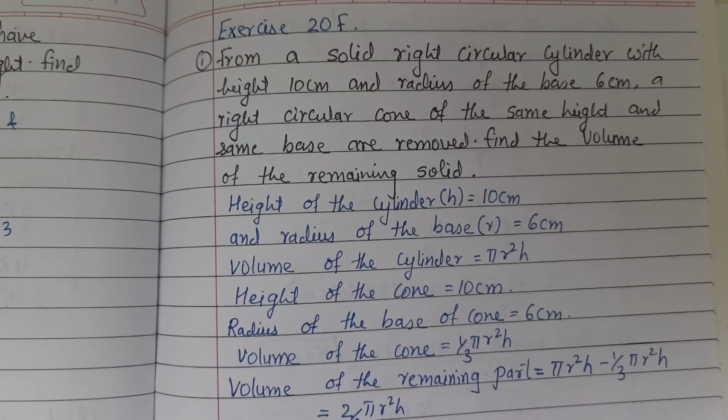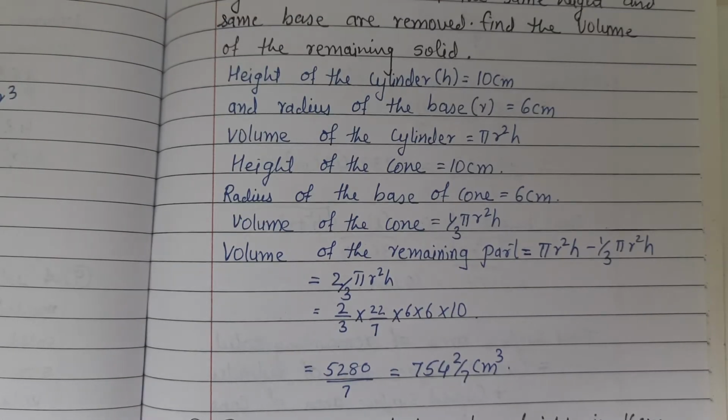Volume of the remaining part is volume of the cylinder minus volume of the cone. Pi r square h minus 1 upon 3 pi r square h. Since radius and height are same, this will be 1 minus 1 by 3 is 2 by 3 pi r square h. Substitute the value: 2 upon 3 into 22 by 7 into 6 into 6 into 10 equal to